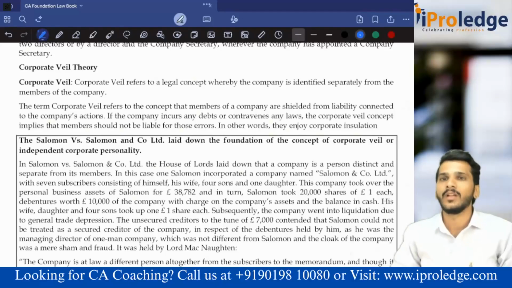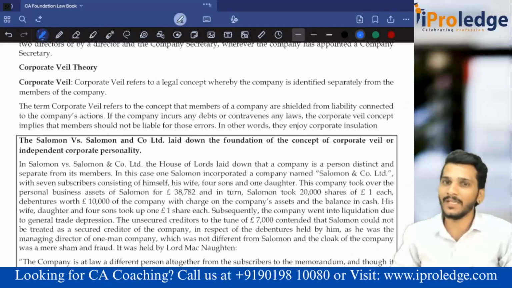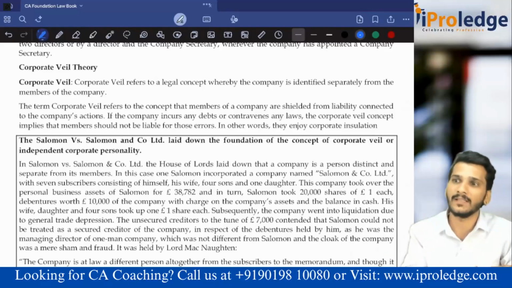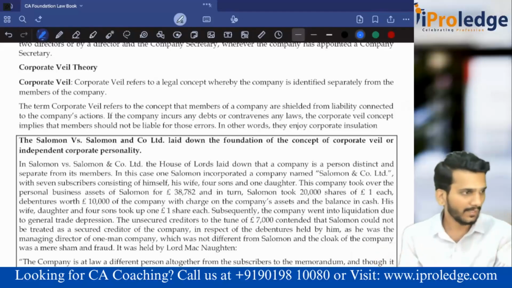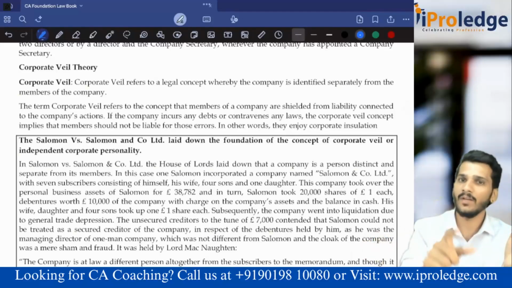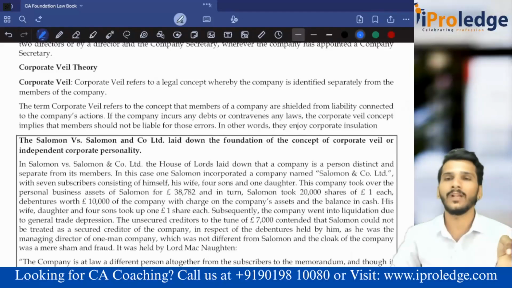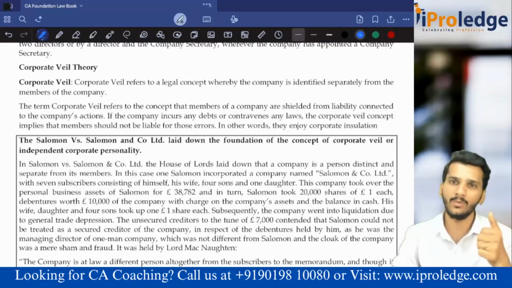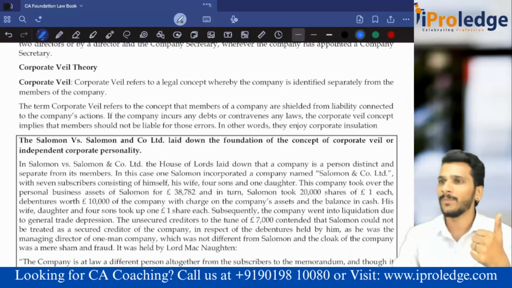Second one is to protect the revenue. Whenever somebody tries to evade taxes by shifting the revenue from one place to another, then to protect that, court will lift the corporate veil to treat whether the company and this person are the same or not. One is to determine the character of the company, whether friendly or enemy. Then to protect the revenue or taxes.